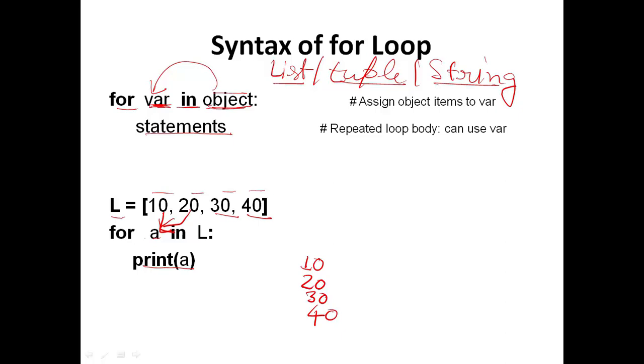Now there are no more elements left in this list, so this for loop will now terminate. That means now this print statement will not execute anymore. So basically it works by assigning one element to this variable which is written after the for keyword, and then we just check whether this variable is a member of this object or not, which is going to be true. So this for loop will run till it has elements, and it will stop working if there are no more elements left.